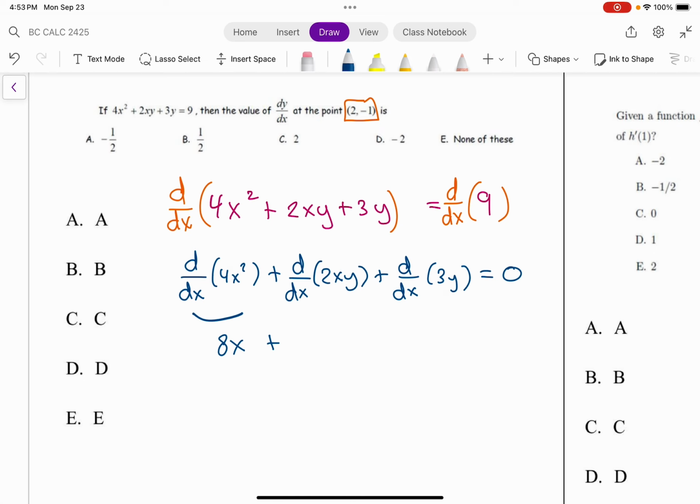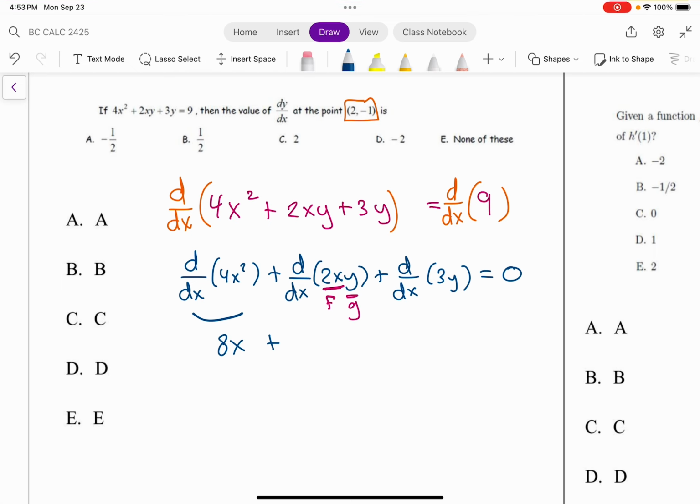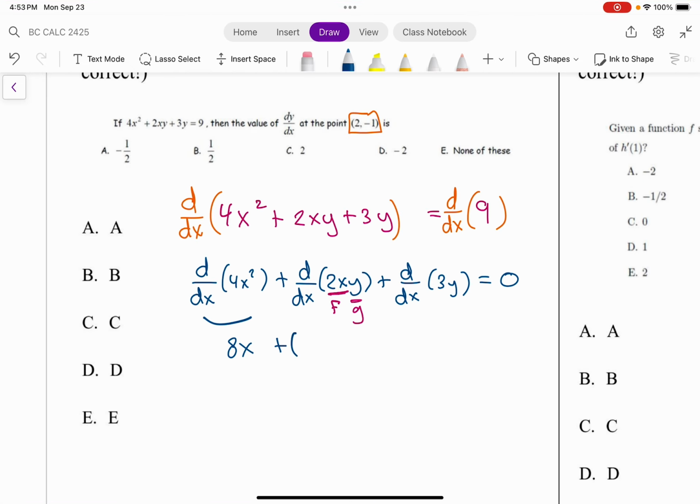And then here I've got to use the product rule. What I like to do is call the 2x my f, and then the y my g in my product rule. I'm not going to write down the product rule; I'm going to hope that you've come to this video knowing it. So that's 2 times y plus 2x times the derivative of y, which is 1, but we write dy/dx. And then here, the derivative of 3y is 3 times dy/dx,